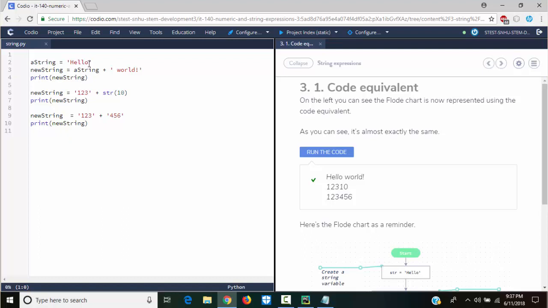So you can assign this hello to this variable here, a string, and then you can join these two strings here and assign it to a new variable, and you just print out the new variable. You can do that, and if you run it, it gives you this hello world. Here in this code here, you can